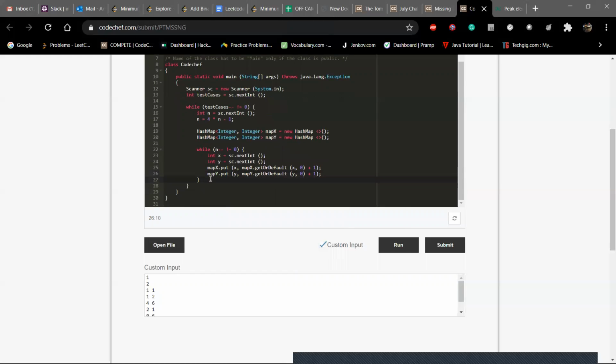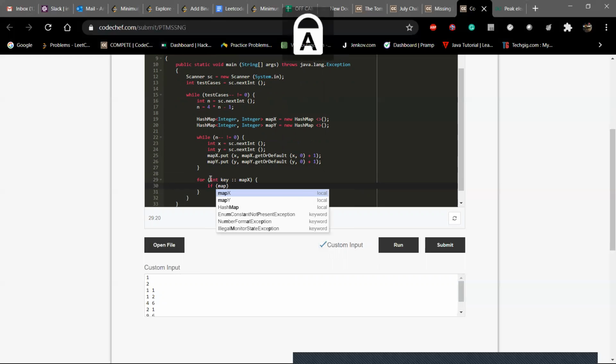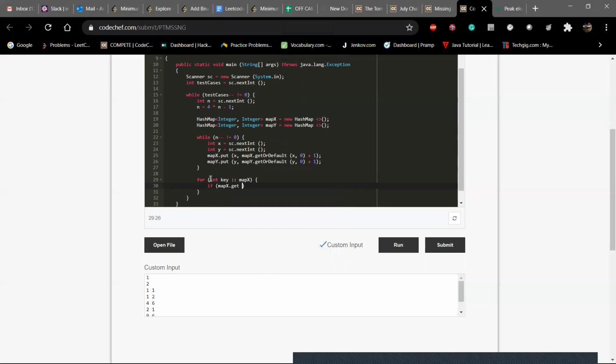After completing the maps, I have to find the answer, so I traverse the map. For each integer key in map x, check if map x.get(key) modulus 2 is not equal to 0.